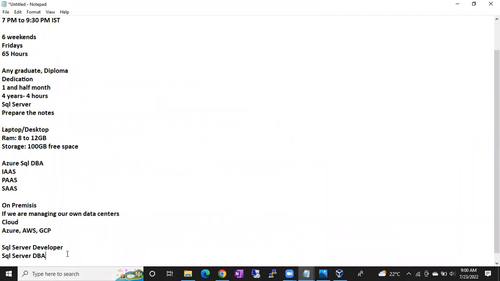A SQL Server Developer is going to concentrate on coding. Developer means he is going to develop things and needs coding knowledge. The developer will take care of the coding, the DBA will take care of the maintenance activities, guys. It's good to have development knowledge, but it's not mandatory.